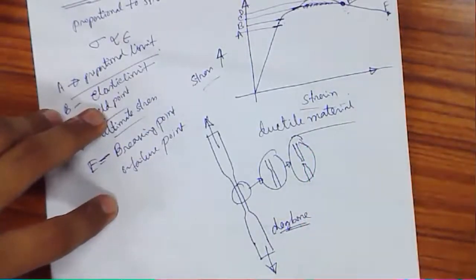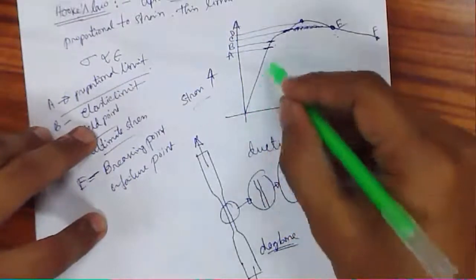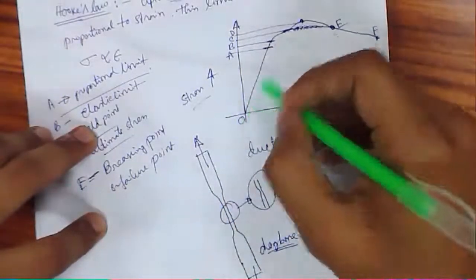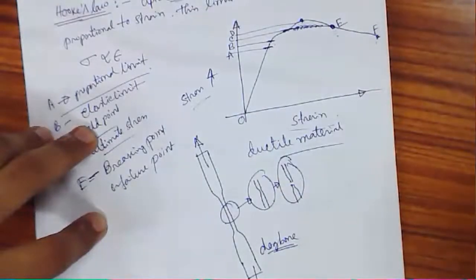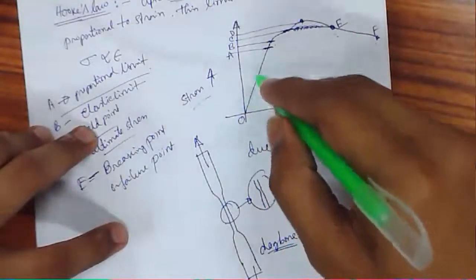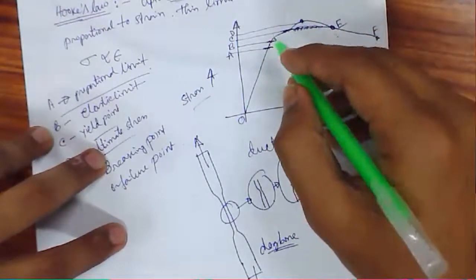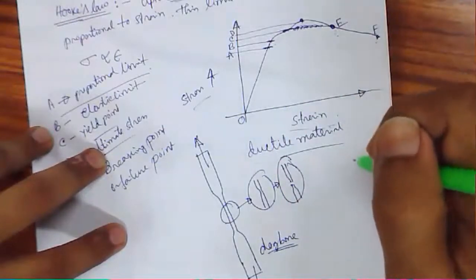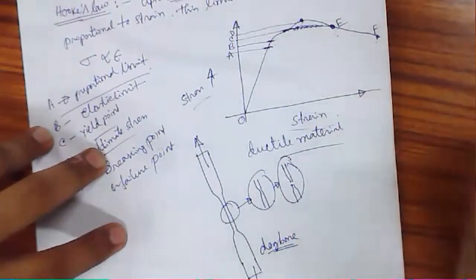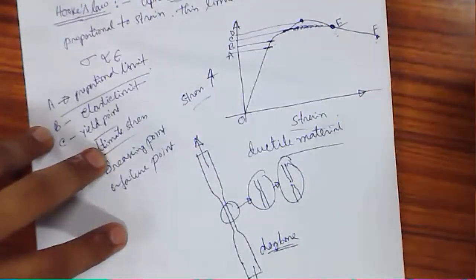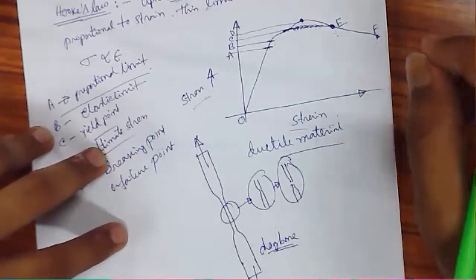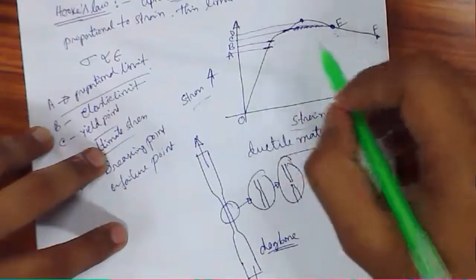Okay, so is the concept clear? Yes, sir. During this, if this is O point, O to A, stress is proportional to strain, and this is called the proportionality limit up to A. From A to B, stress is not directly proportional to strain, but upon removal of stress, the object goes back to its original shape and size. When the stress level crosses B, there will be some permanent deformation, but there will be some restoration, though not full restoration. There will be some permanent deformation while the stress level is between B and C.